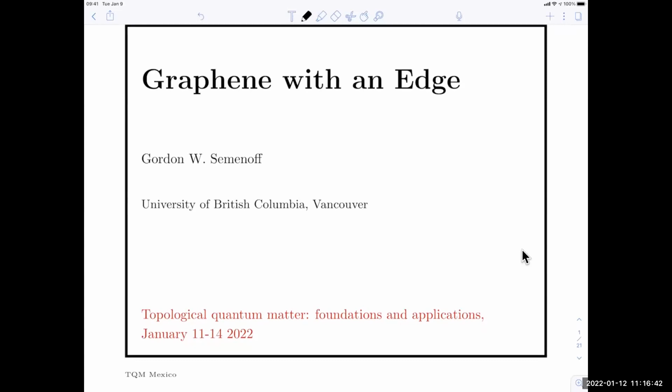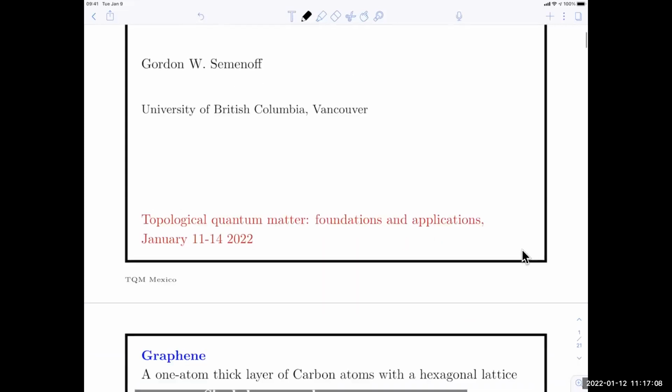And I'll begin with a little bit of a review of graphene. And from what I saw of the level of sophistication of the previous talk, very interesting talk, by the way, this review would be completely unnecessary, except I like to do it anyway, just to establish notation and to fix the thread of ideas. So please bear with me.